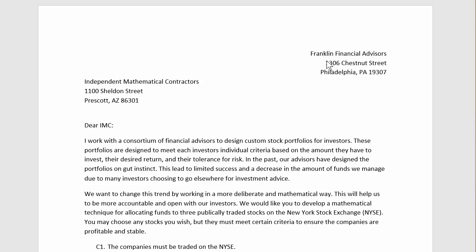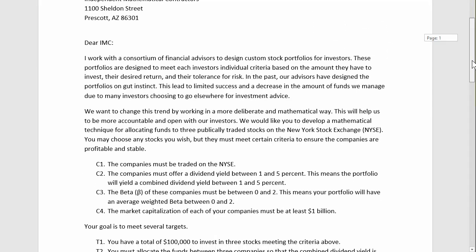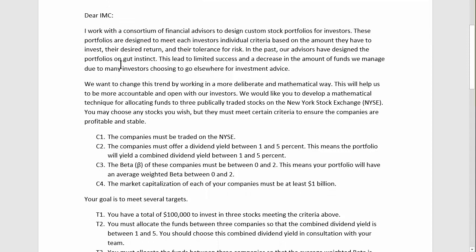I want to give you a little bit of an introduction to the project that you're working on right now. The project comes to you in the form of a letter from Franklin Financial Advisors in Philadelphia, Pennsylvania. In this letter, they start out by introducing their company and what they're trying to do. What their company does is they design custom stock portfolios for clients. And what they want you to do is to come up with a mathematical way of doing this,